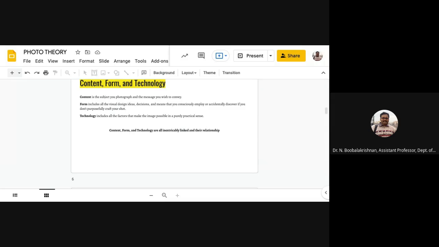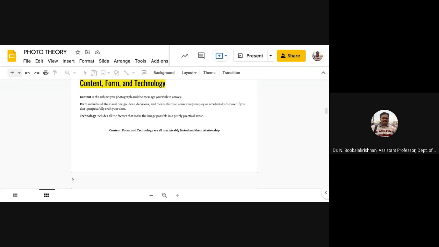So you might start by attaching a lens and inviting a model to your studio to test the lens and the image it produces. Or you want to document a social outing by shooting with a small camera and being surprised with the results. So it doesn't matter if you start with the content, form, or technology. Keep these things in mind. Which one to start? Content, form, or technology? They are all inextricably linked, and their relationship always exists in a photograph for any individual image that you capture.